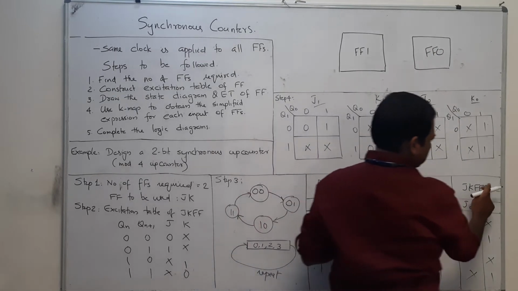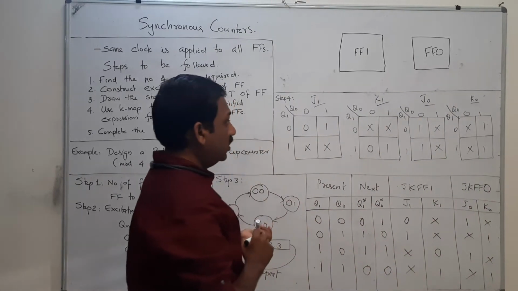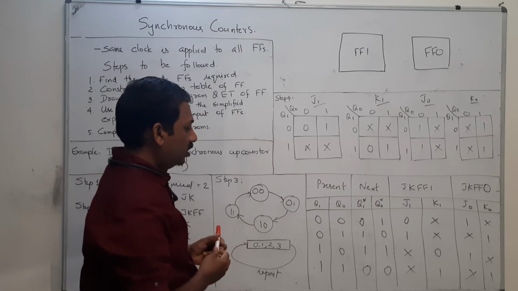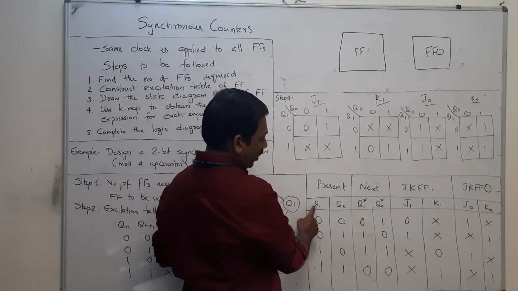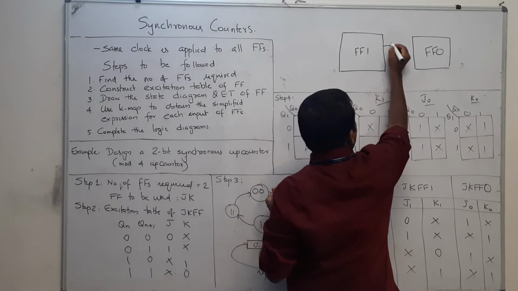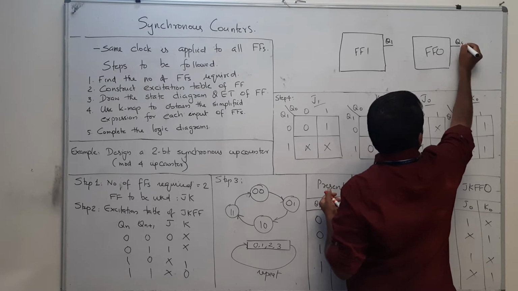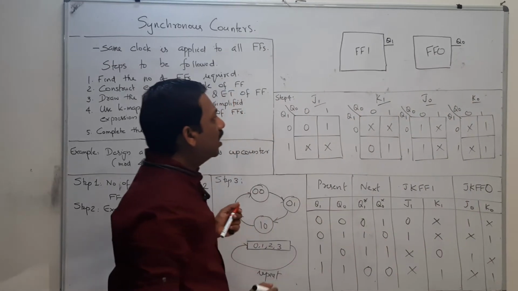This is JK flip-flop 0 and 1. Now, if Q1 is the output of flip-flop 1, this is Q1 and this is Q0,